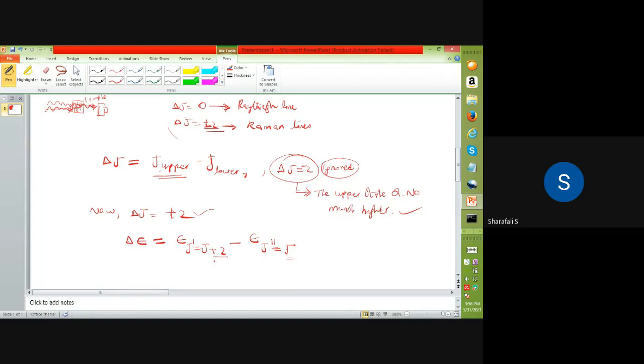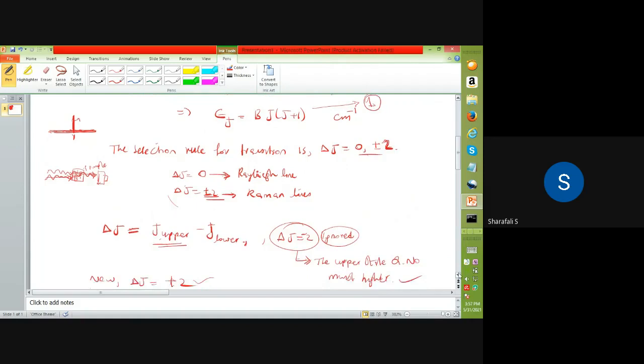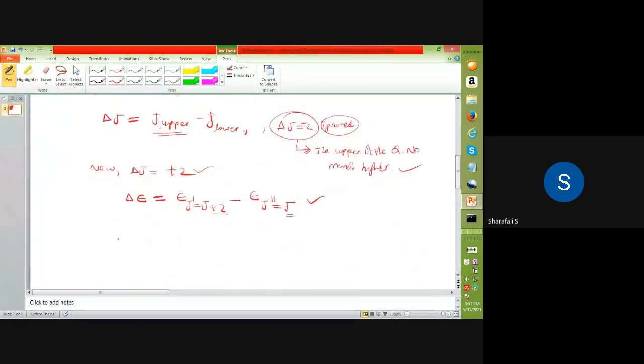Now if you substitute this condition into this equation, which I will call equation number 1, substituting 1 in 2, that implies delta epsilon is equal to